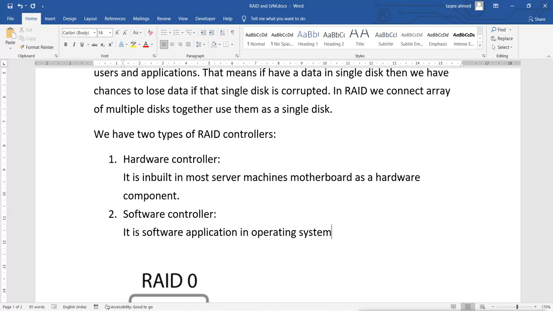So it is in the operating system as a software. So the managing of the software controller is by the operating system.